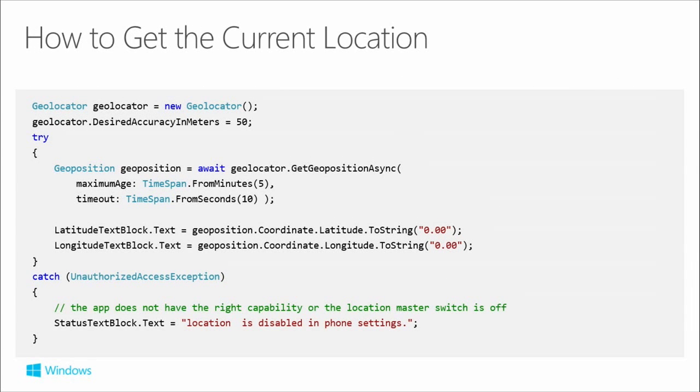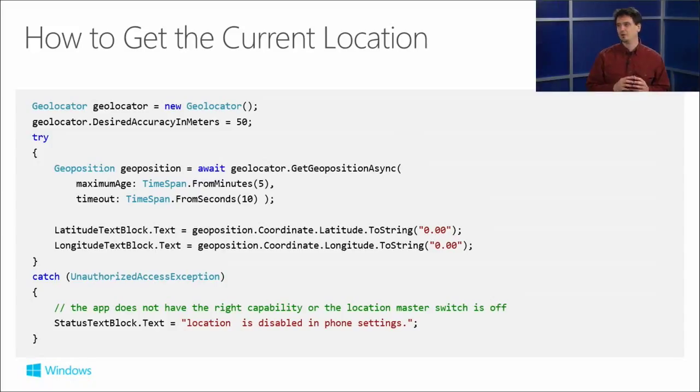So here's the actual code for doing this, and this is code for Windows and Windows Phone. We create our geolocator. We say I want it to be this accurate. If we didn't set a desired accuracy in meters, then it would default, and it's pulling from GPS. GPS can give you a lot of fine-grained control. So it could be firing off a new geoposition for every time you shift your feet, almost.